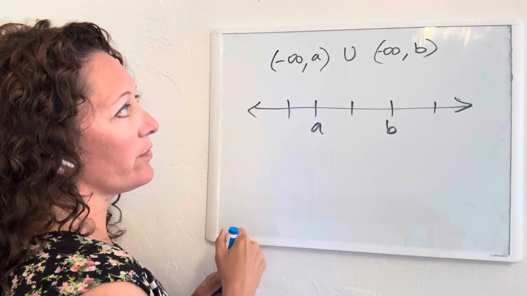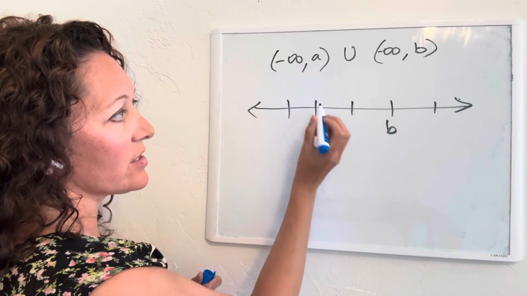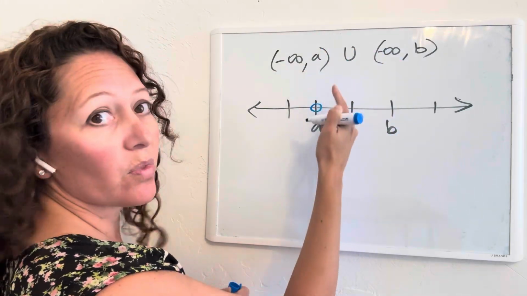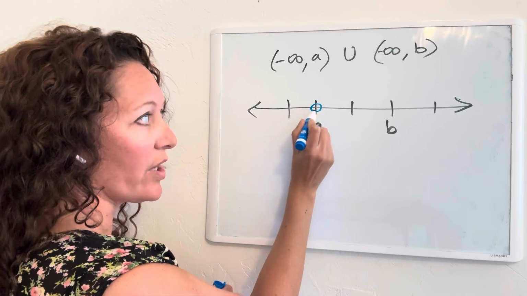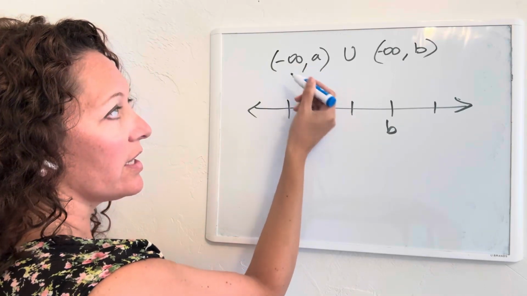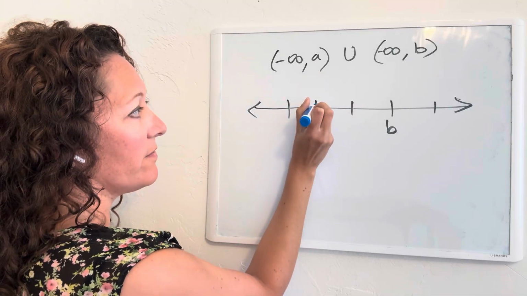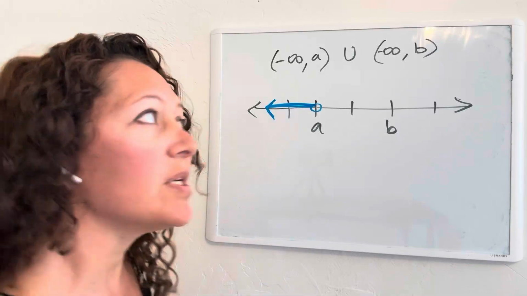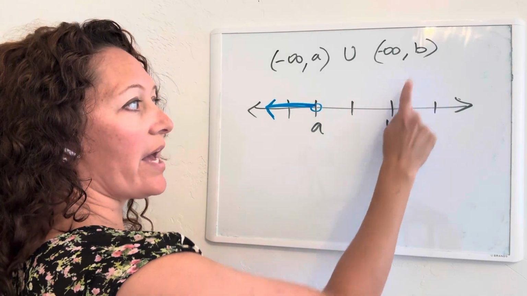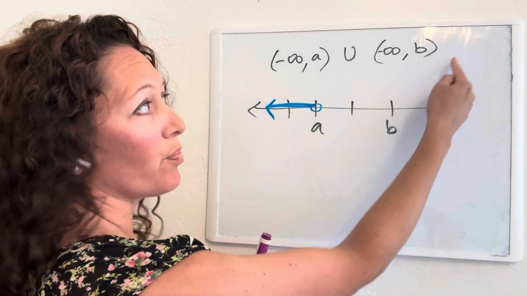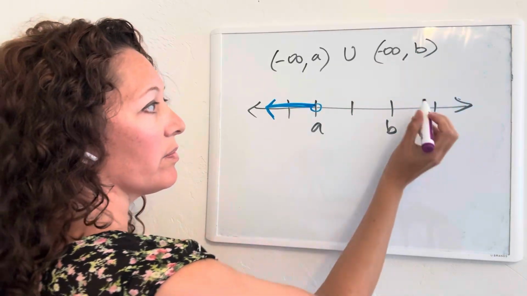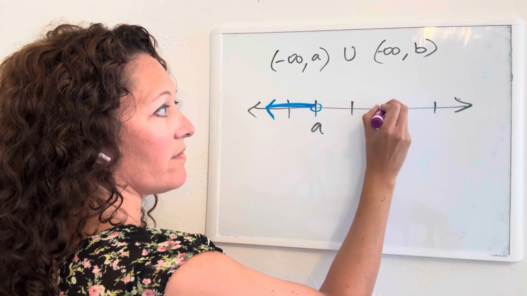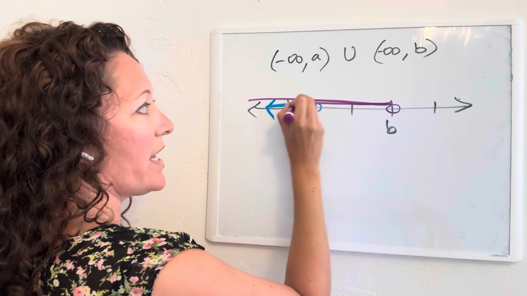So this first interval, we have A as our point, and we have a parenthesis here, so we know this is an open interval. So we are not including the point A, we're only going up to A, and then our arrow is going to head out in the negative infinity direction. So this goes out here, and then let me switch my colors. Over here we have B, also an open interval. So we have a parenthesis, not a bracket there. So we have our open interval, and B is also heading to negative infinity. So it's heading out this way as well.